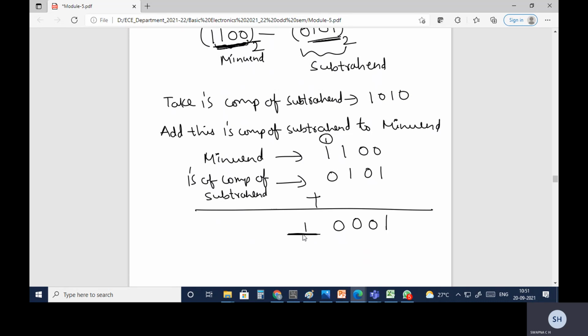So I was saying, about the carry: the last bit is the MSB, the most significant bit, and this is the LSB, the least significant bit. The MSB value here is 1, so it indicates that there is a carry. Carry is present.